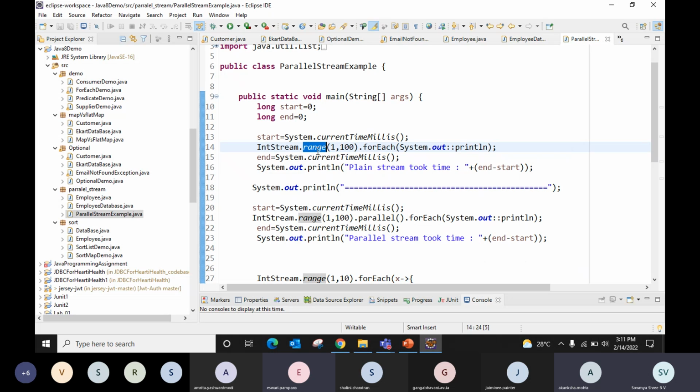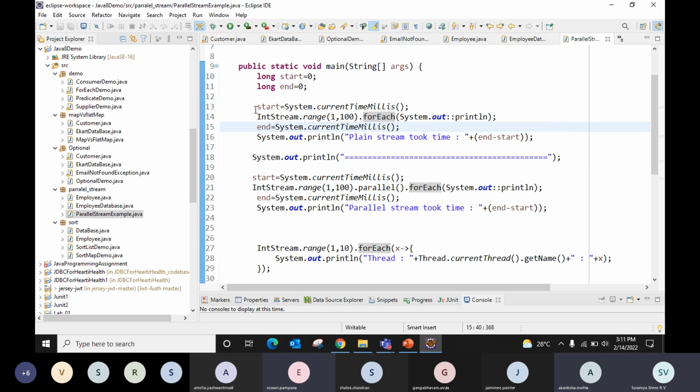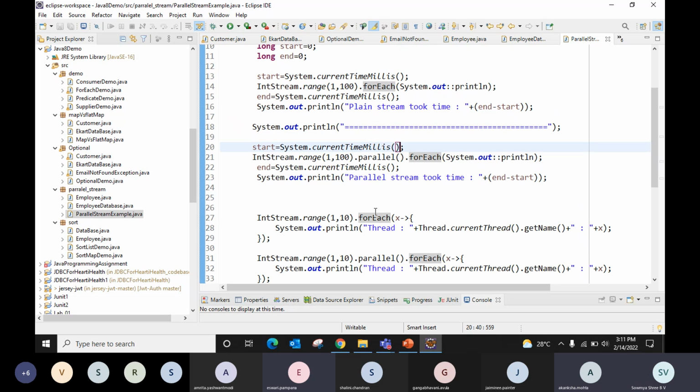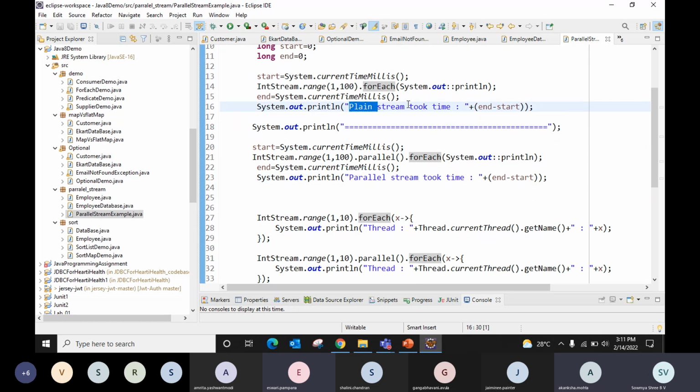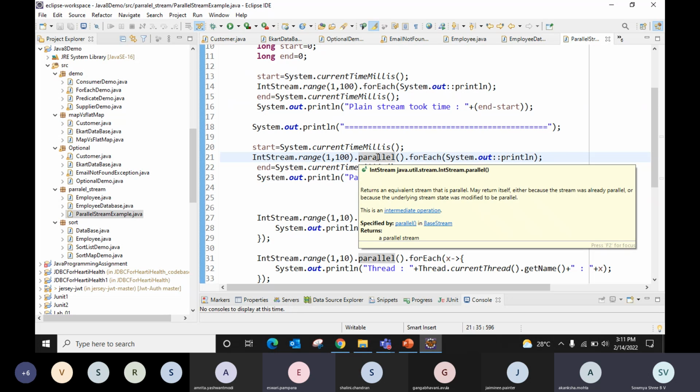Okay, in the range 1 to 100, numbers will be created. Then for each, we are trying to print it, just taking the start and end time. See, this is where you are using just a normal stream, a plain stream. If you are using a parallel stream, that's a dot parallel, where